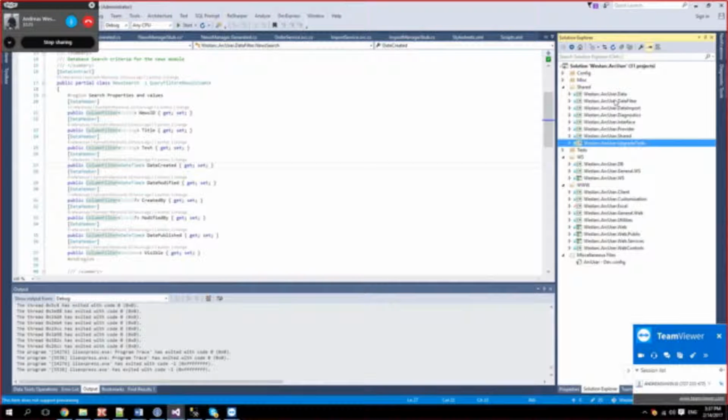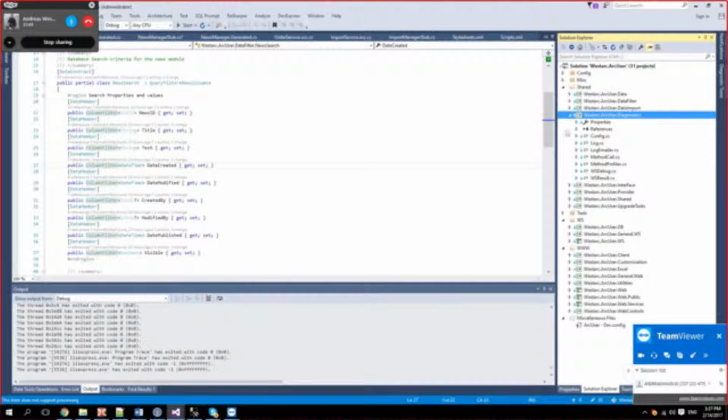Okay. So we have this data filter. The data import is for the import functionality that is present in the client, in the database. And it pretty much maps how data should be imported into the database.